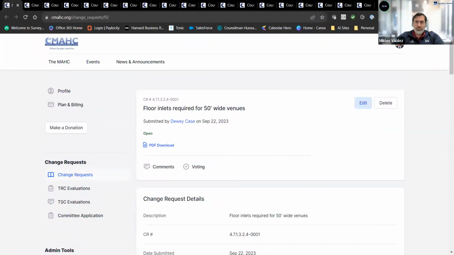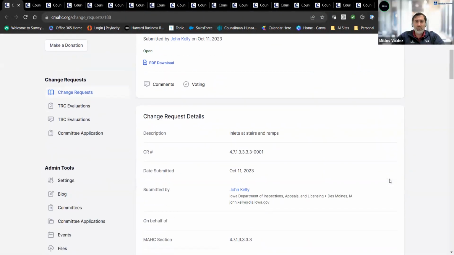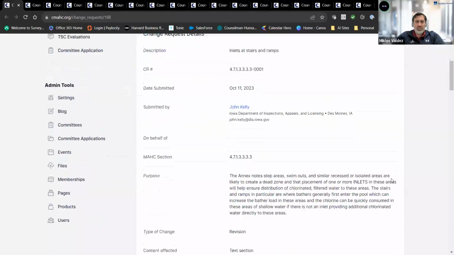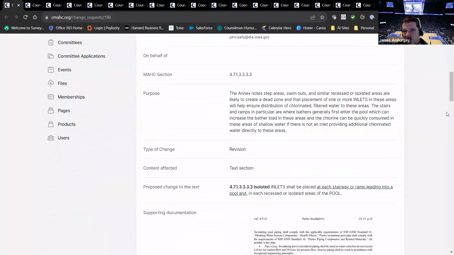This next one is James again. Inlets at stairs and ramps. This is 4713333, that's four 3s, submitted by John Kelly. James, go ahead. Yeah, so the idea here is that if you have stairways or ramps, sometimes they have an